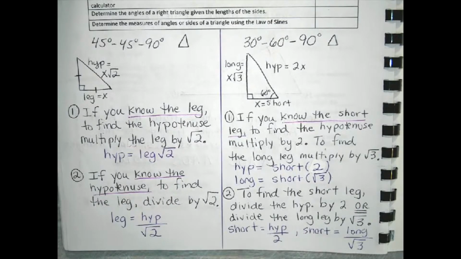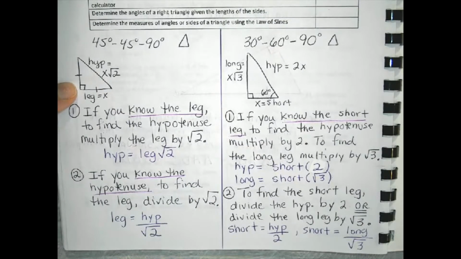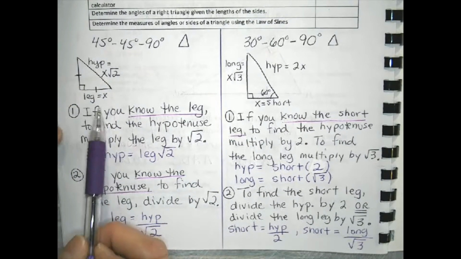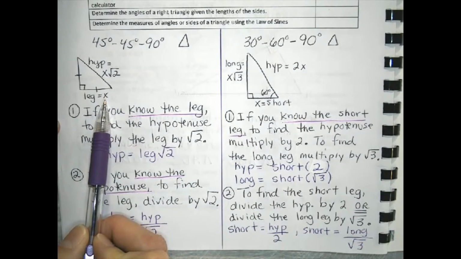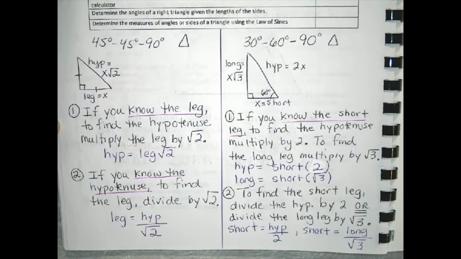If you know the leg of a 45-45-90 right triangle, you can find the hypotenuse by multiplying the leg by the square root of 2. So in this particular example, we have indicated that the length of the leg is x, and therefore the hypotenuse would be x times the square root of 2. So given any leg length, in order to find the hypotenuse, you take the leg and you multiply by the